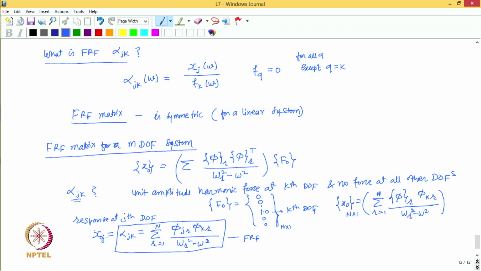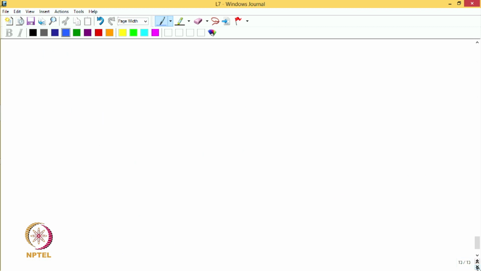And also, if so, what is the FRF matrix? If you compare the expression we just wrote for the steady state amplitude with the expression we got earlier between x naught and f naught, when we solved the force response amplitude using the direct method, this is the expression we got. And if we compare this equation with the equation we just wrote previously, then we can directly write down the matrix alpha here as